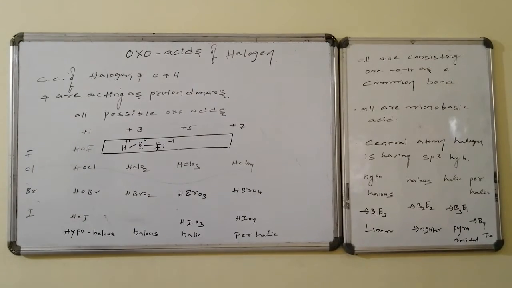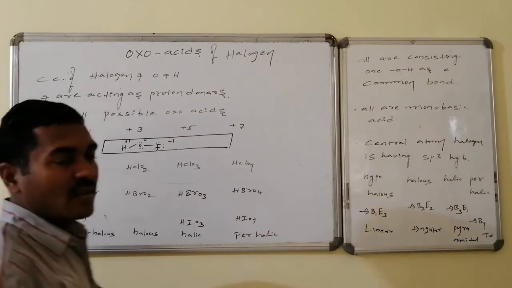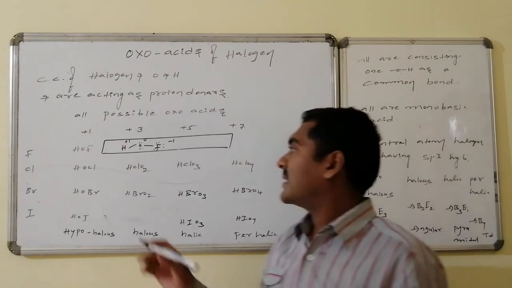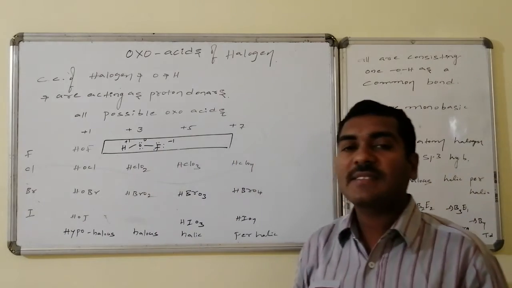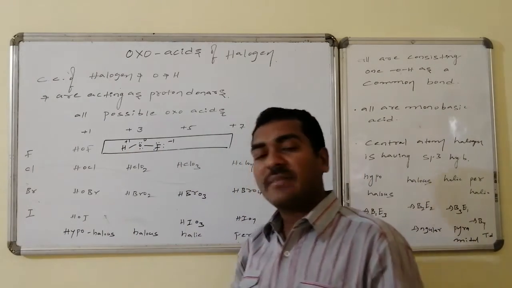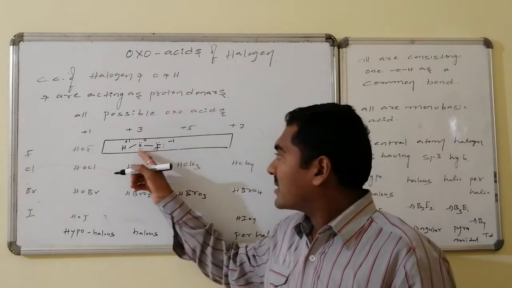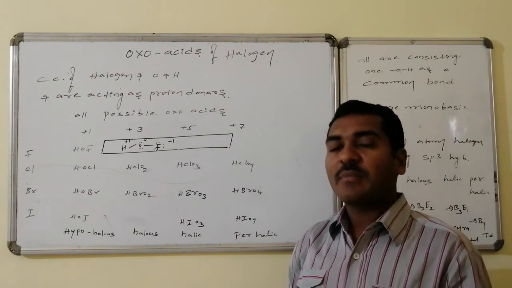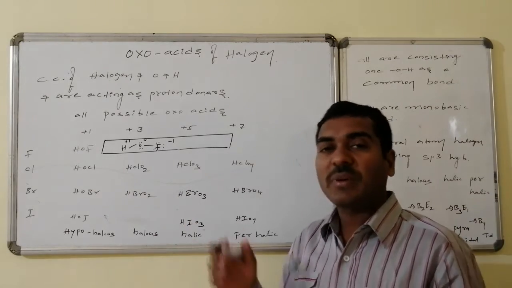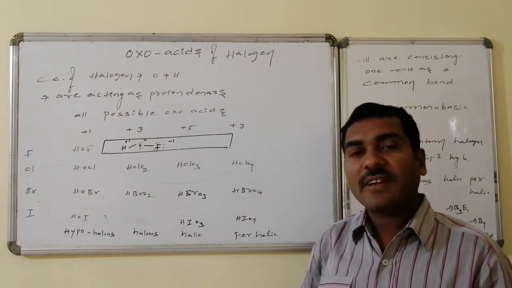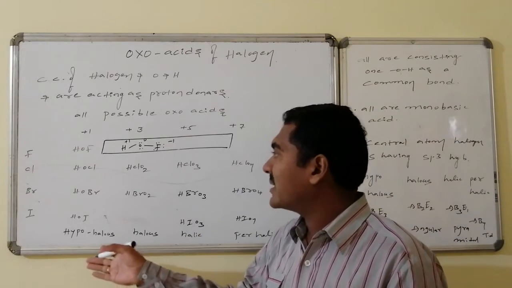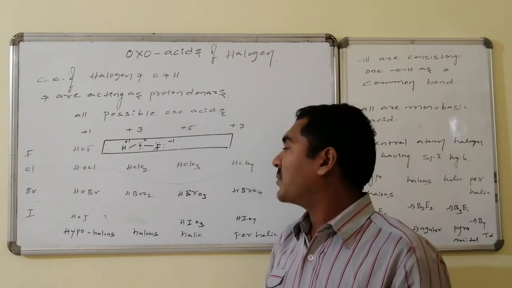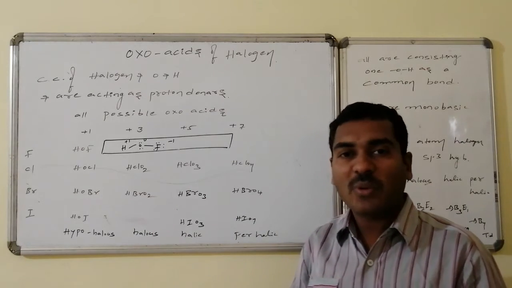Exceptionally, in the case of HOF, though we might call it hypofluorous acid, here fluorine does not have any kind of positive oxidation state. Fluorine maintains -1 as the oxidation state. Hydrogen maintains +1 as the oxidation state, but the oxidation state of oxygen in this case is 0. It is not the minus oxidation state, as fluorine, being a super halogen, always maintains -1 as the oxidation state. But the structure is very similar, the formula is very similar, and the properties are very similar to that of HOX, hence it is said to be hypofluorous acid.